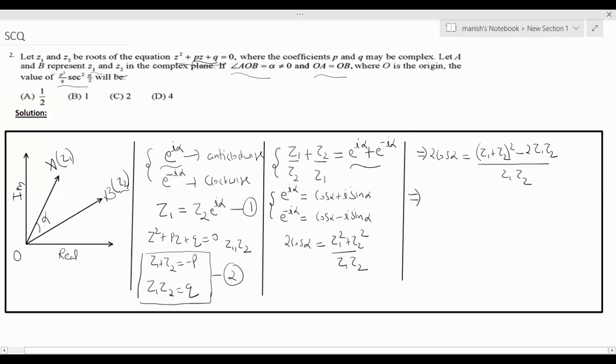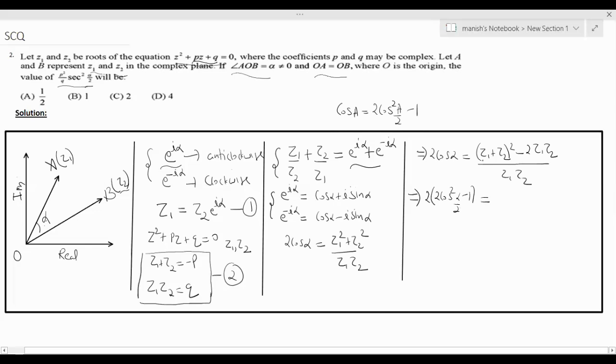The relation that you want is not for the angle alpha, it is actually for the angle alpha by 2. So I'm going to replace this alpha with the angle alpha by 2. You should know this property, how to replace it with the half angle. Cos A, you must have studied in basic trigonometry, you can write it as 2 cos square A by 2 minus 1. So this will get converted to 2 times 2 cos square alpha by 2 minus 1,